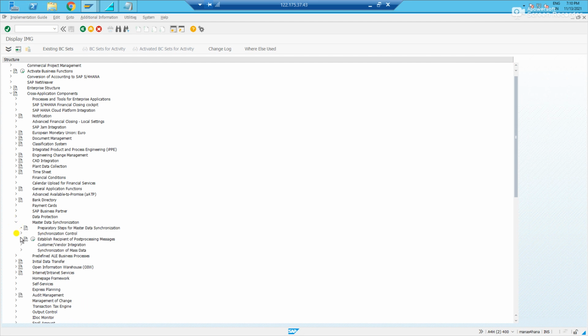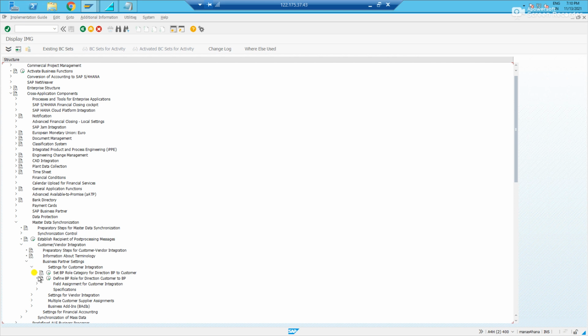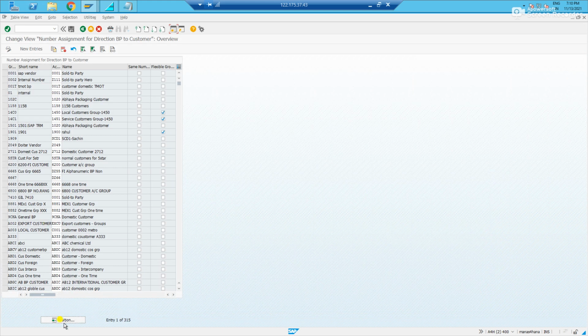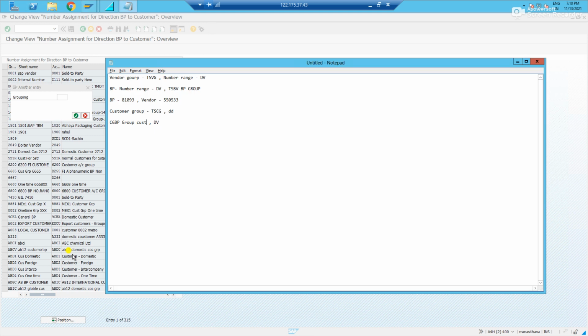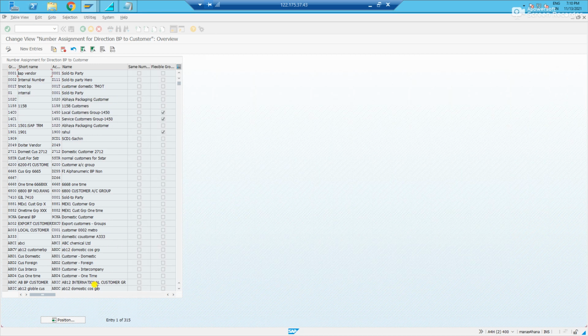Preparation for master data. This is customer vendor, business partner, settings for customer integration, field assignment, assign keys, define. Let us find out whether the previous changes got saved or not.